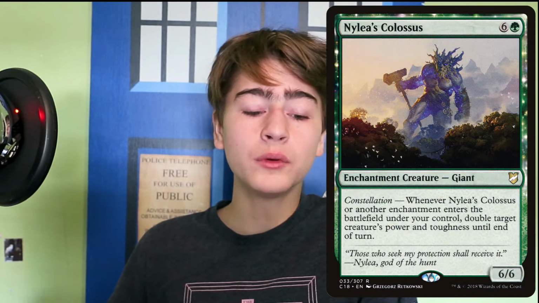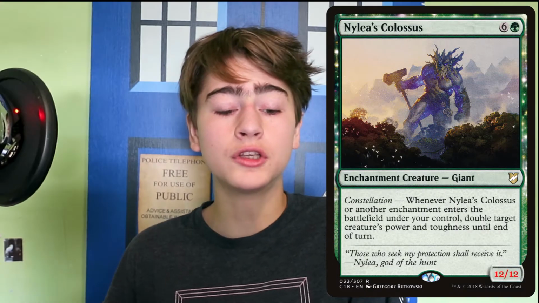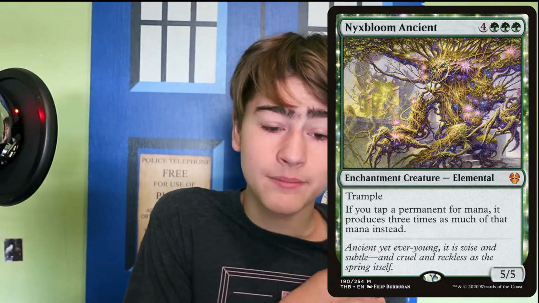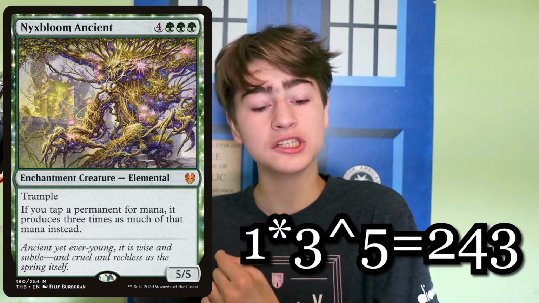Nylea's Colossus will allow us to pump up our commander or another card up to huge power and toughness, and Nyx Bloom Ancient will get us exponentially insane amounts of mana. If we make 4 copies of it, that gives us 5 Nyx Bloom Ancients, and every single 1 mana we make will actually be